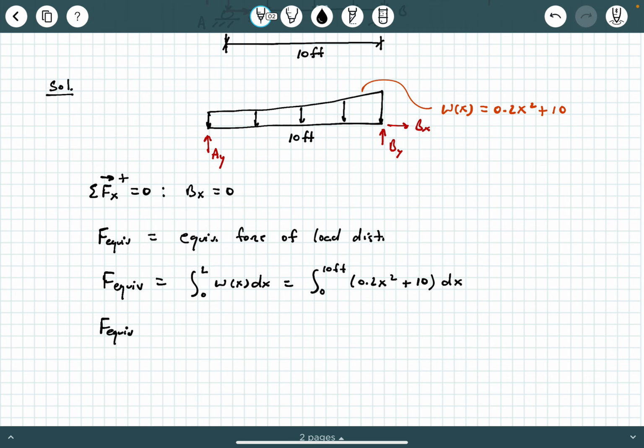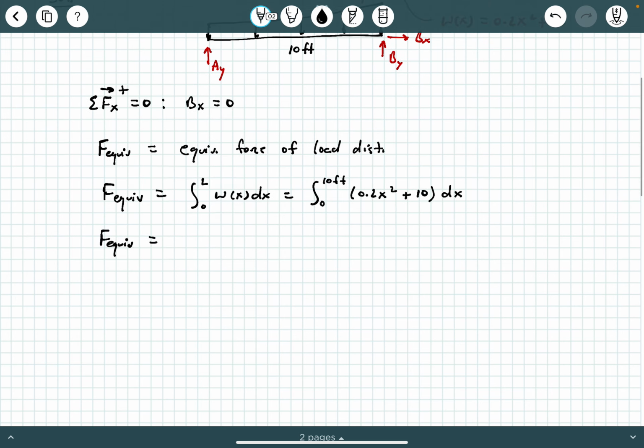But you can also punch this in your calculator. If you have a TI-36X Pro, this can do it pretty easily. So this is a polynomial. We raise it a power, and we divide by the new power, right? That's our rules from calculus. So we'll get